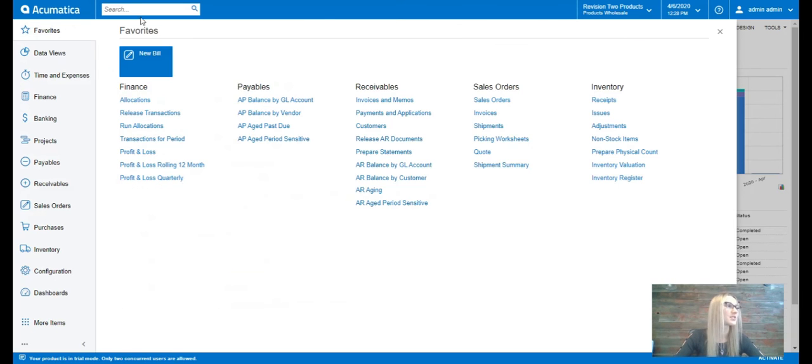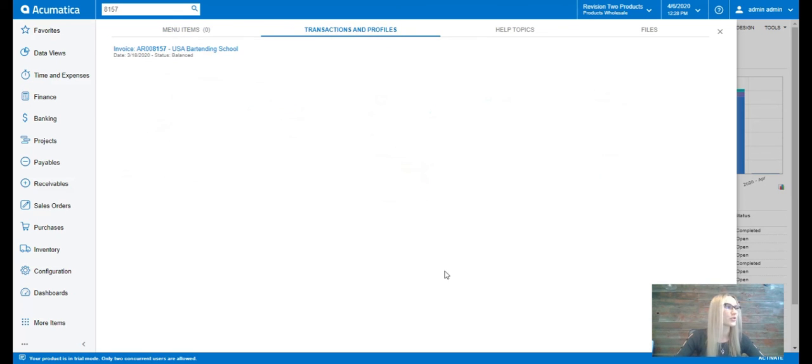In addition to this, the Acumatica system is able to search actual invoices or transactions, so if a customer happens to call you and is referencing an invoice number, instead of having to go into invoices and then typing it in, if I type in 817, click on the Transactions and Profile tab, I can see here the invoice that